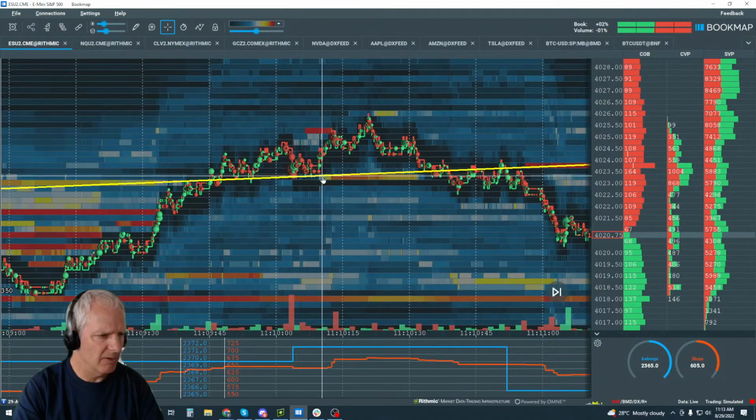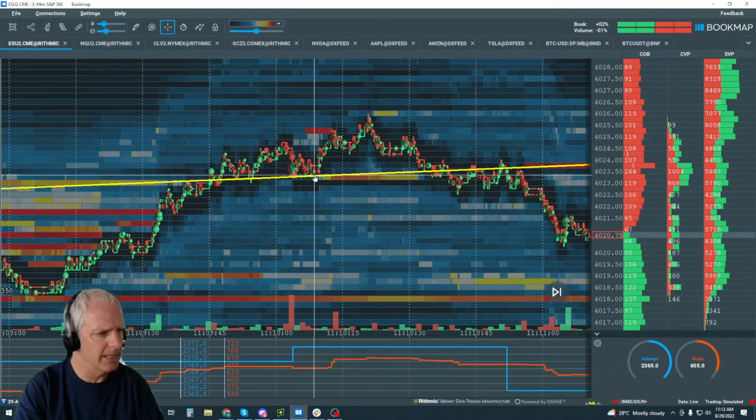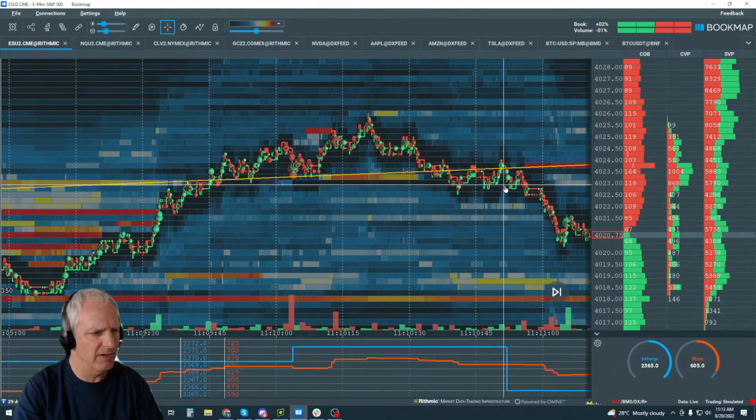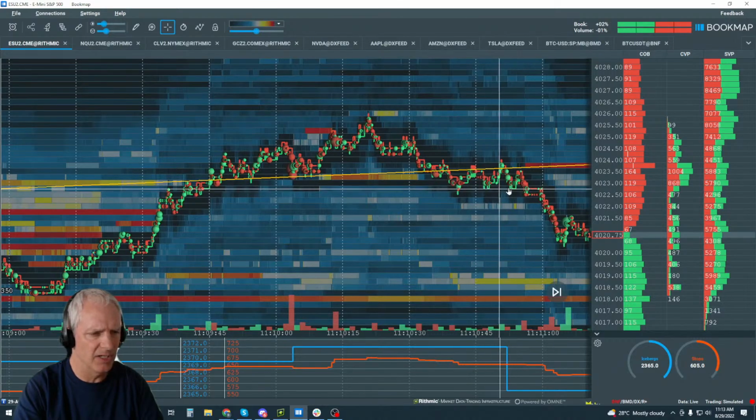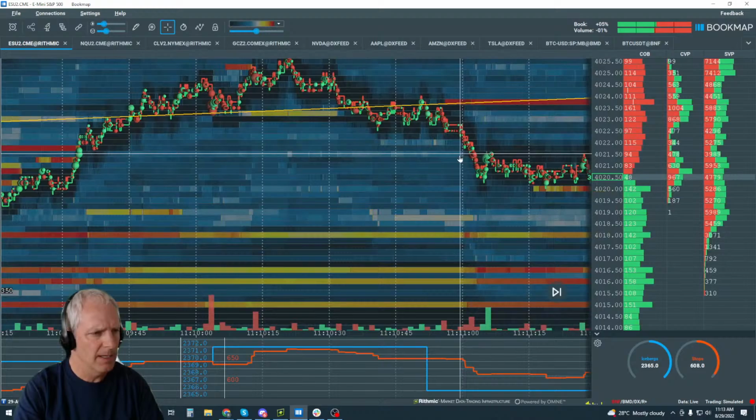Maybe they can get back down to the bottom of the range here, and they did in this case, of course. But down here, they're still selling. Then there's some buying. There is some exhaustion in here, but the sellers really come in here, and that's where they break it. Okay, so